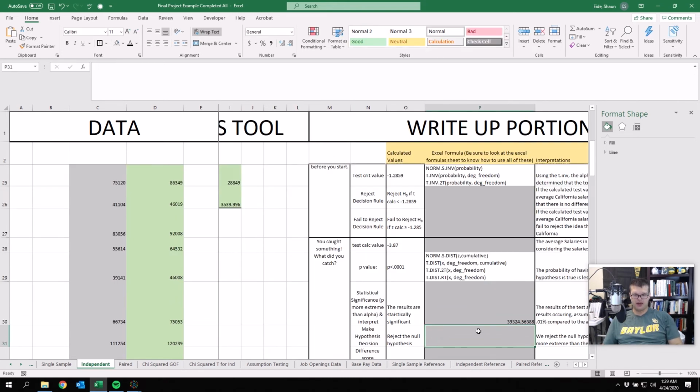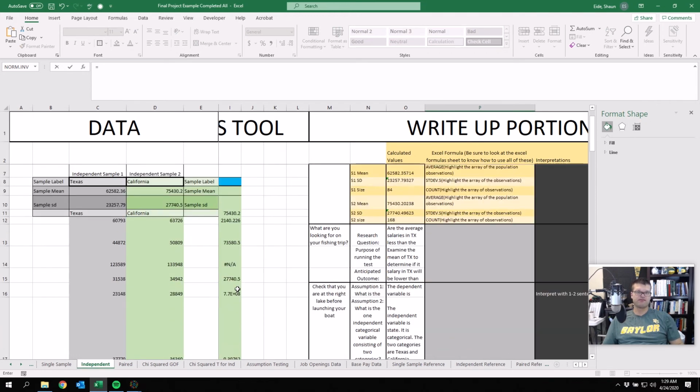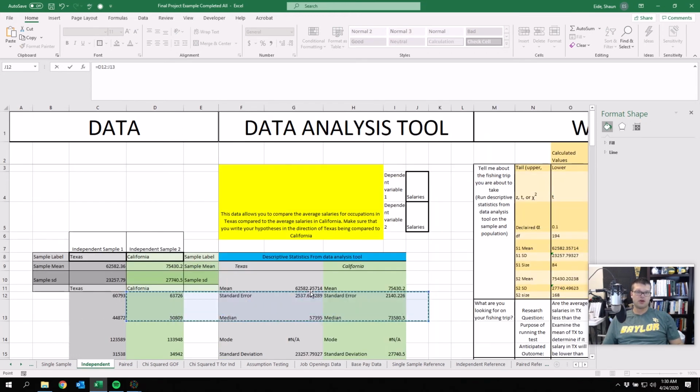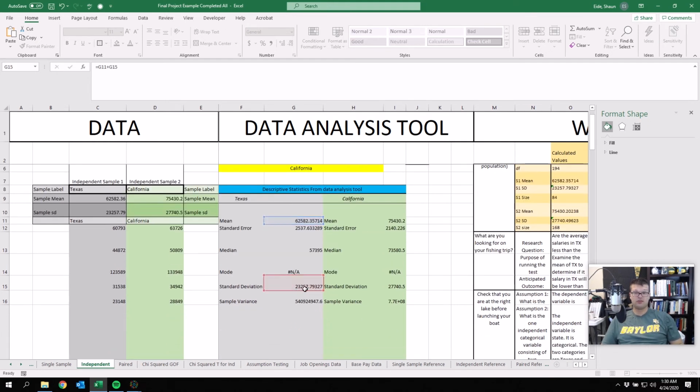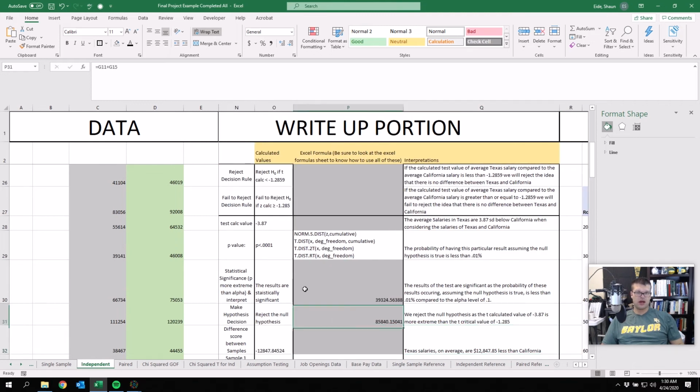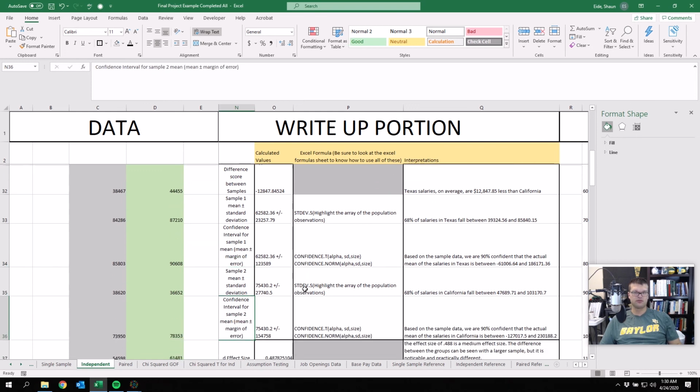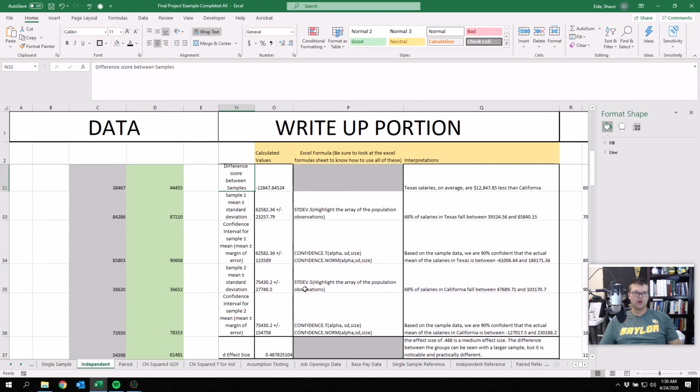Okay, then I did equals mean plus standard deviation, and you'll notice right down here